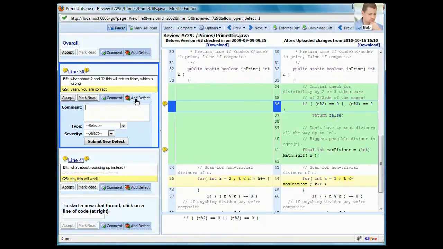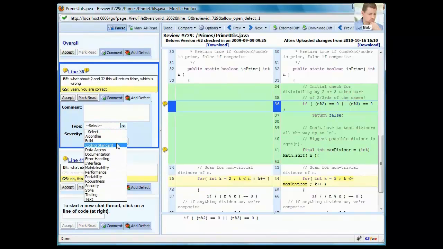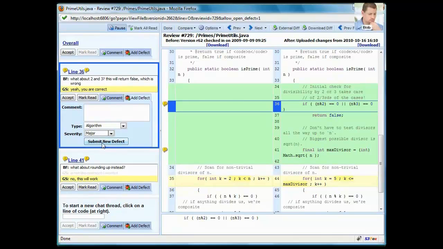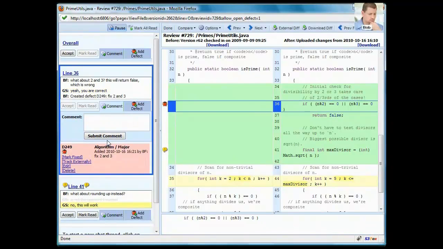On my demo server, you can see I've set up two drop-downs to collect type and severity information. But you don't have to use type and severity. You could collect different data, or no additional data about defects at all. Bob puts in his commentary to describe the defect, and then he clicks the Submit button. You'll notice that what gets recorded is not only his commentary about the defect, but also a defect ID number